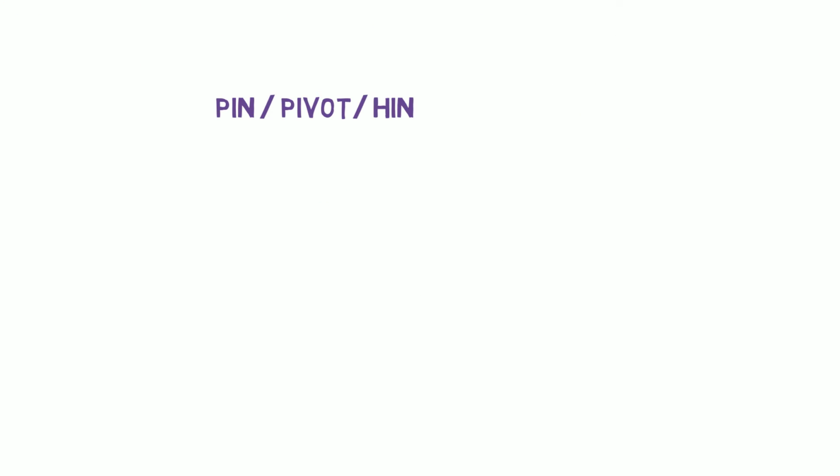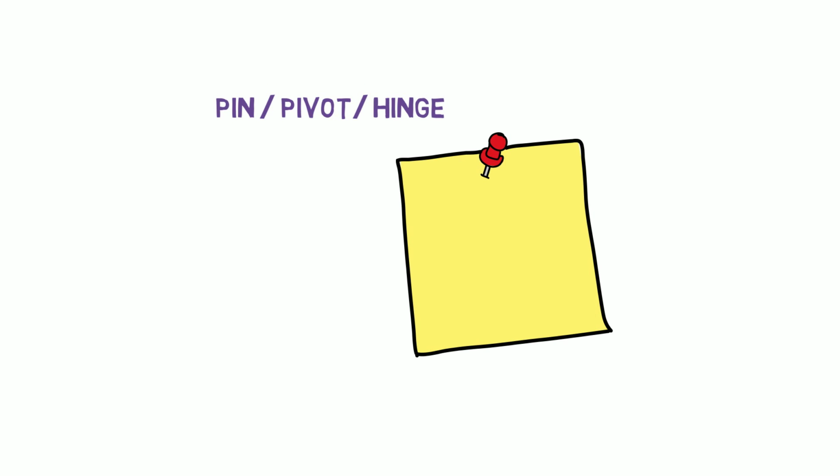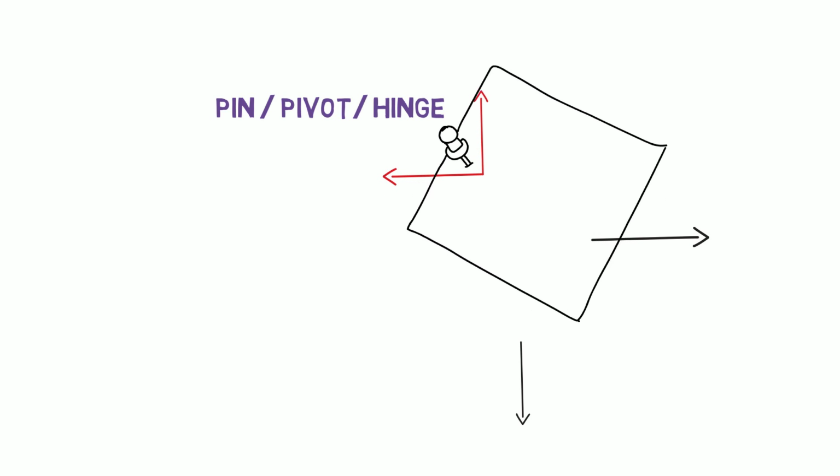A hinge or a pivot joint is a very common type of joint you notice in your day-to-day life, where the structure is generally fixed, but still allowed to rotate about an axis. Consider the simplest example where you pin a paper on your board. The pin does not allow the paper to move in any direction, neither vertically nor horizontally, and this suggests that the pin generates corresponding reaction forces to stop this linear motion. But if you try to move it in a circular direction, the paper would definitely rotate about the pin.